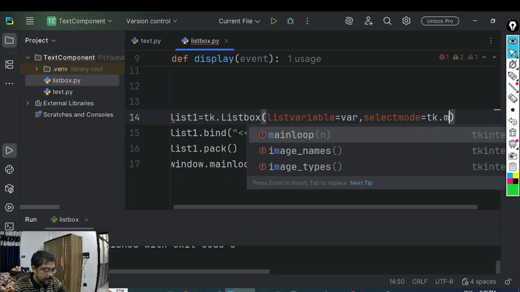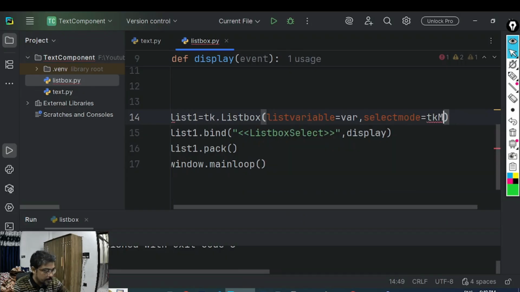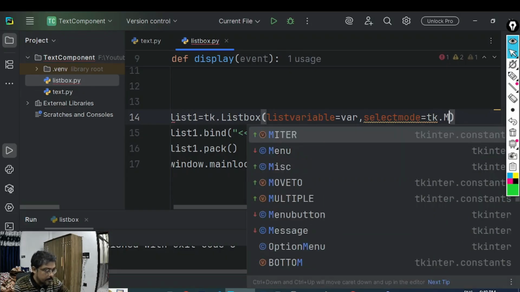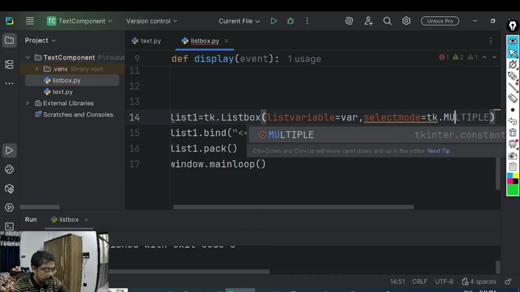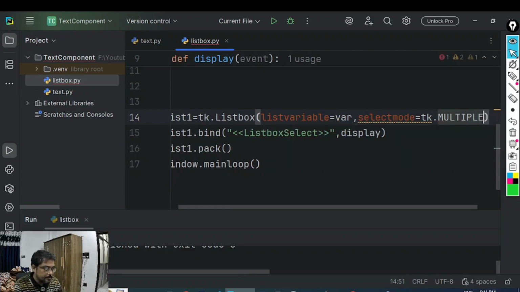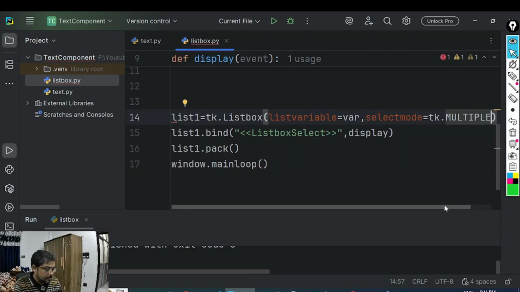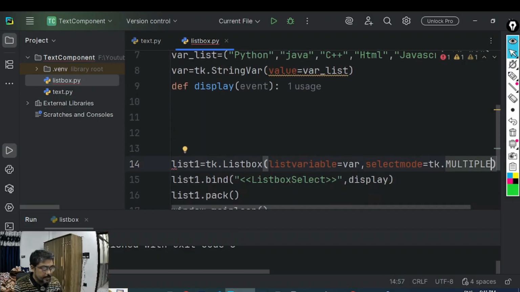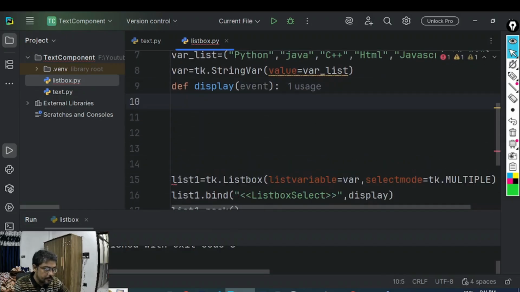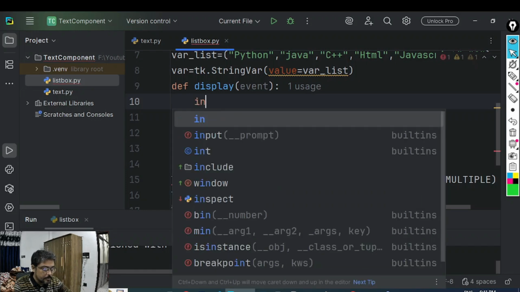Okay, tk.MULTIPLE can also be used. If we are using the multiple mode, the user can select multiple values from the list. So what we have to do is capture all those values which are selected by the user. We are going to capture all those